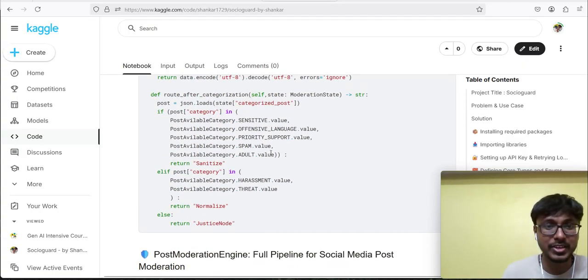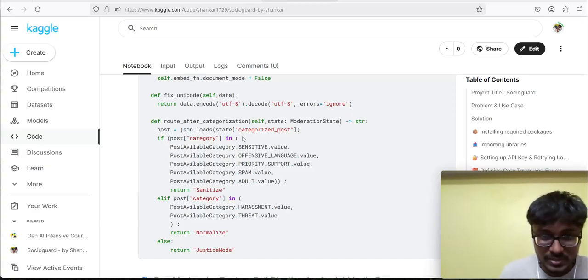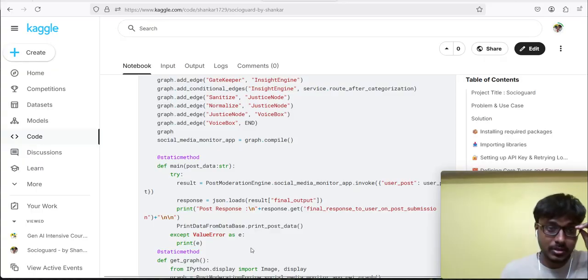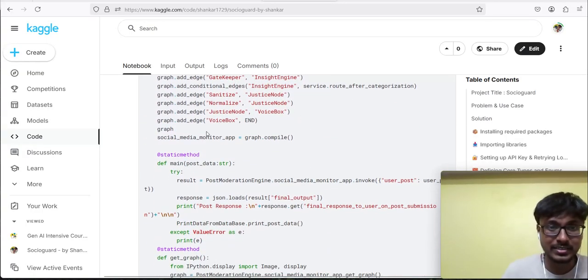only one thing that you have to observe here is the conditional edge, where if the category falls under any one of these segments, then that post will be sanitized. If the category falls under harassment and threat, that will be normalized as discussed in our architecture. If none, which is normal and emergency cases, it directly goes to the justice node. Okay. So, yeah, once everything is set, in social media,